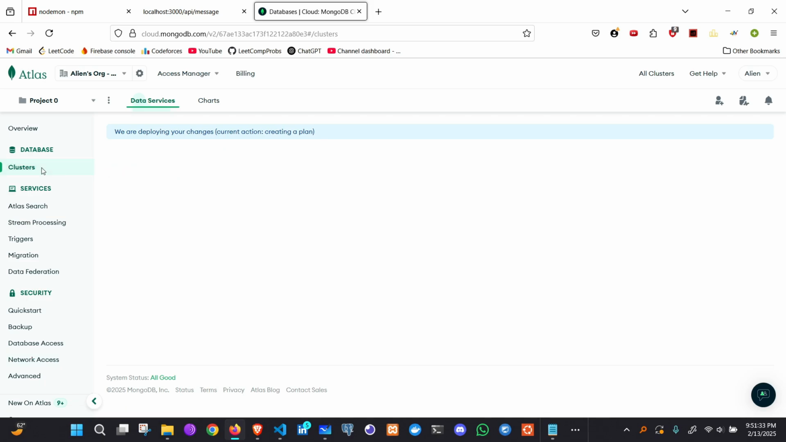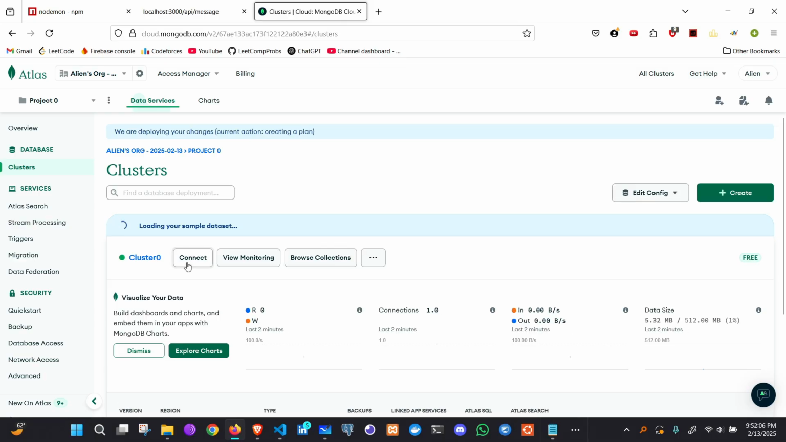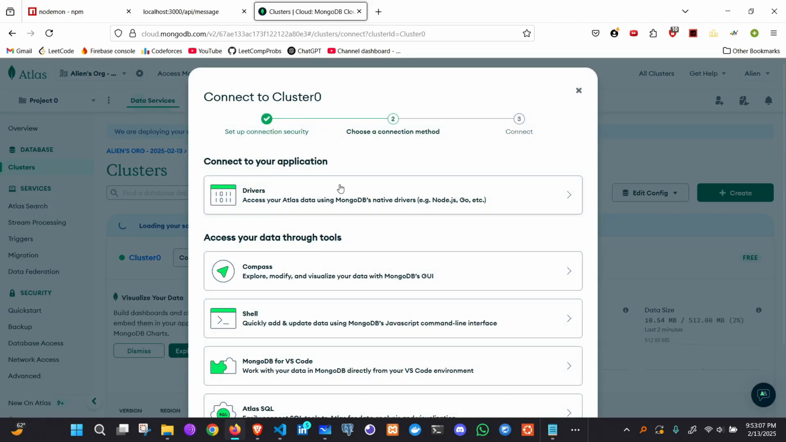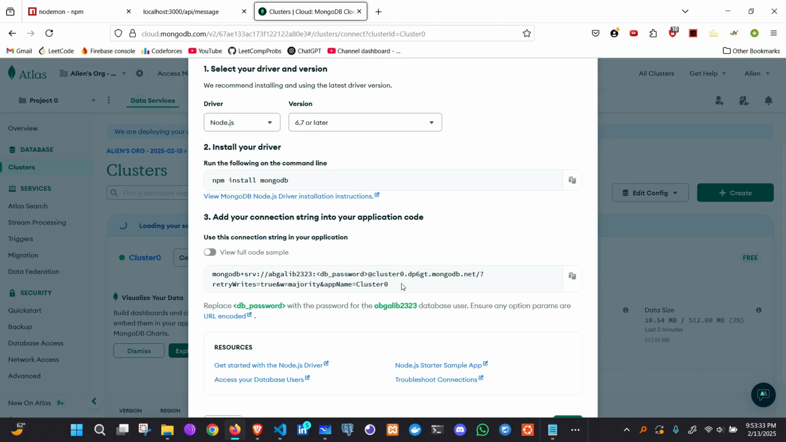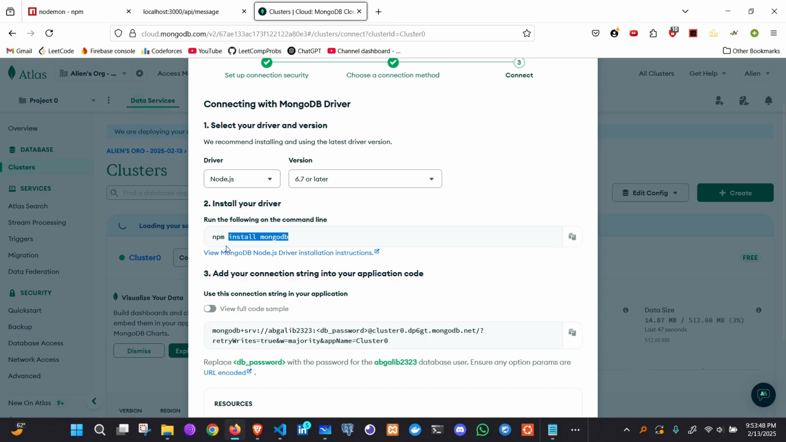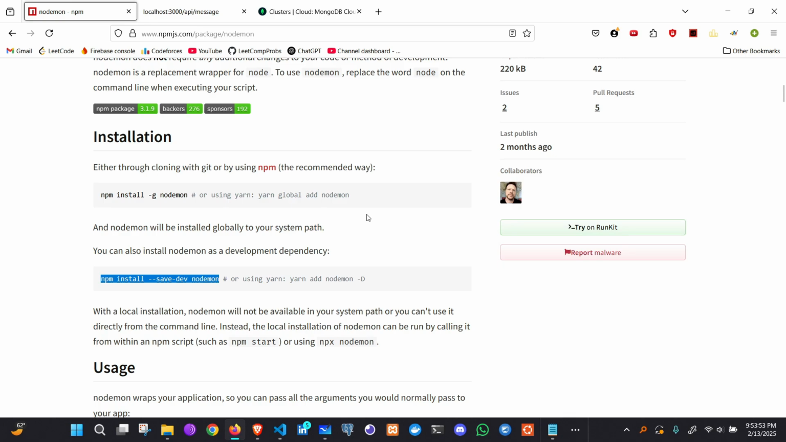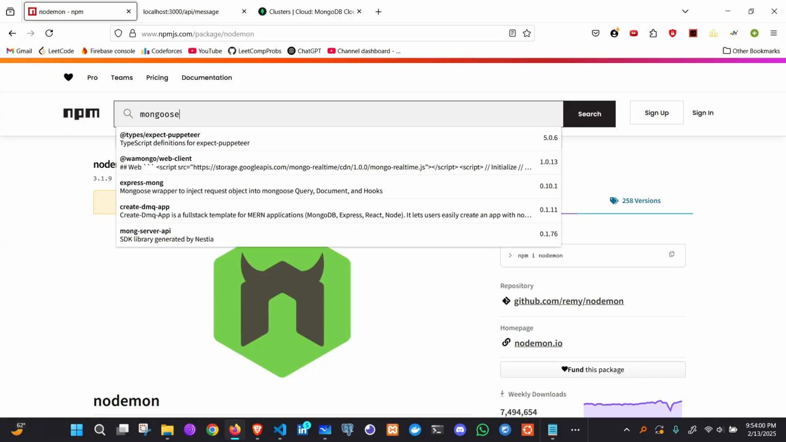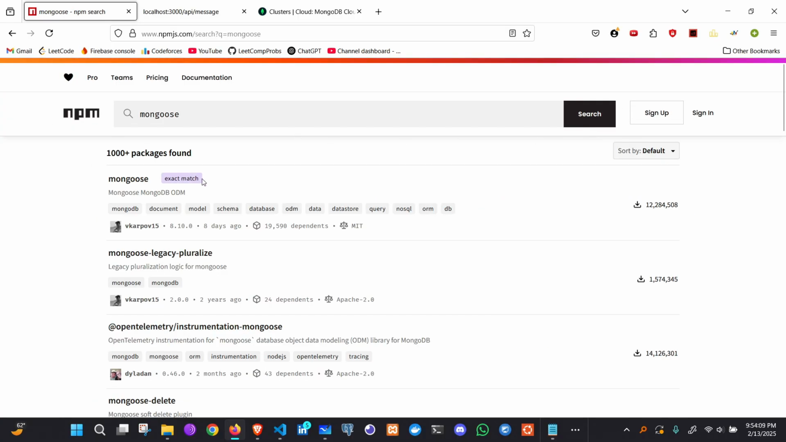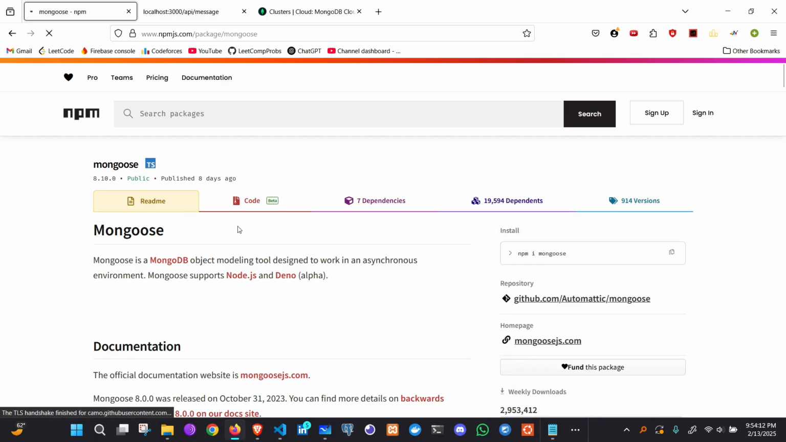Now click on clusters and click on connect. Now we'll be connecting through MongoDB's native drivers. So click on drivers and you will be provided with a connection string. Through this string we will be able to connect with the database. You can connect through MongoDB itself, but we'll be using a popular ODM known as Mongoose. So search Mongoose on the npm packages, click on the first one,